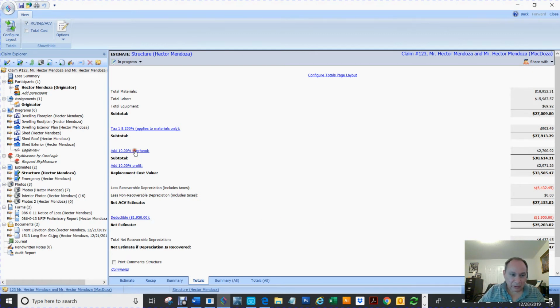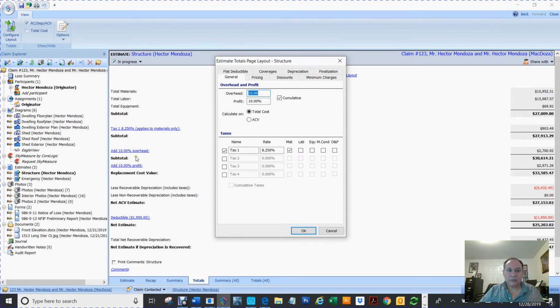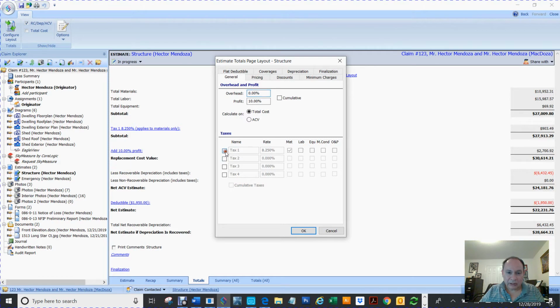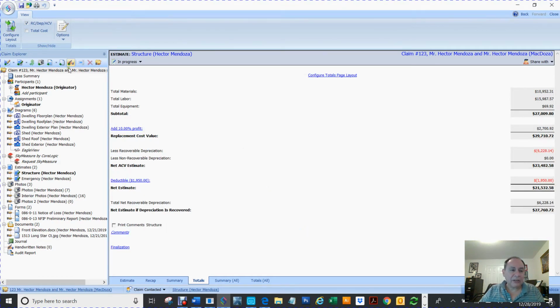Oh yeah, right here. You see this add 10%. Oh, there it is right there. If I delete and click there and hit OK, click here, hit OK. Now if you go to your estimate,